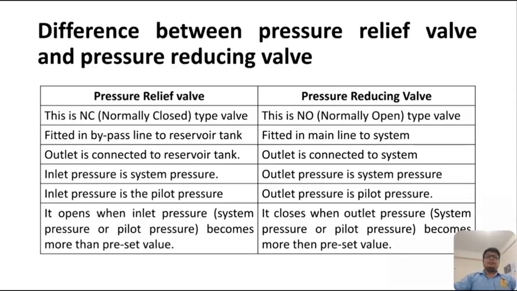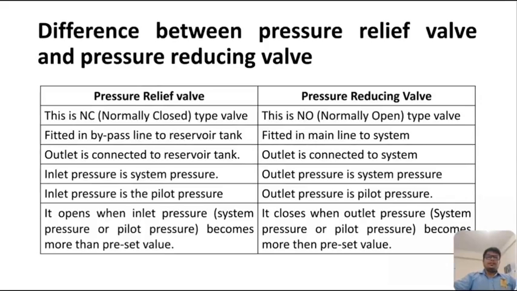So these are the 5 types of pressure control valves that we have seen. In GTU, it is very important. Many times you will find questions like: explain different types of pressure control valve with schematic diagram. Then you have to write as per the marks. If it is 4 marks, then there is no need to draw all the figures and explain each and every type. In 7 marks, you have to write each and every type of pressure control valve with schematic diagram. So the next topic is the difference between pressure relief valve and pressure reducing valve.